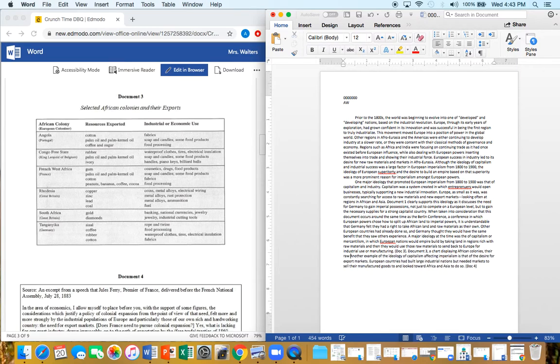Their raw materials and what became manufactured items that they became under industrialization. This chart proves that African nations were imperialized for industrial and capitalistic purposes. Another example of this